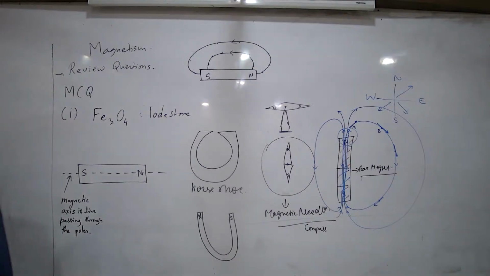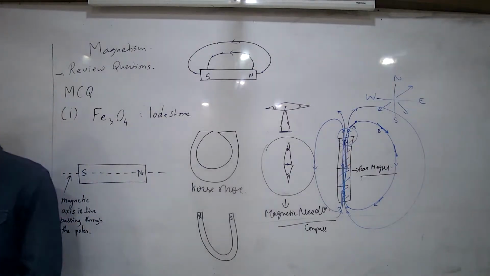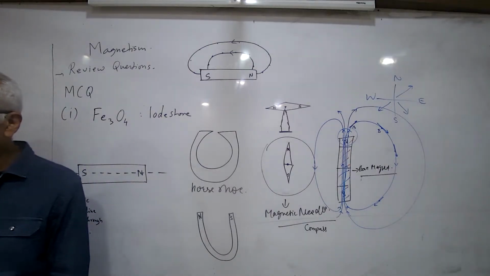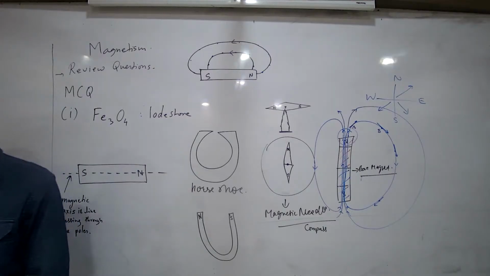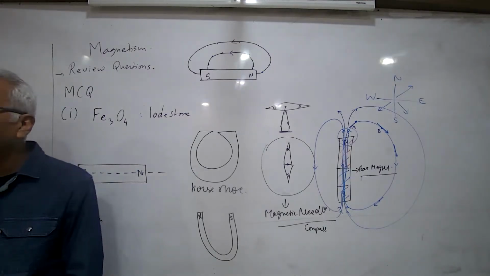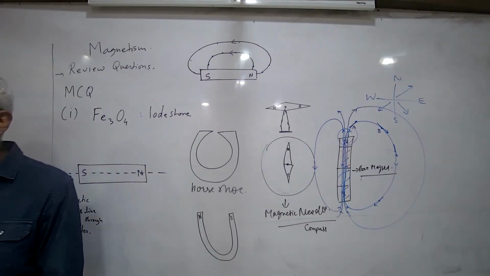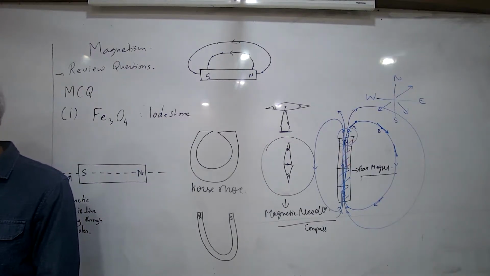Question 26. First part we have already answered. How is an electromagnet made? What are the number of rotations, turns? The rotations, right? Turns and the number of cells. By increasing the magnitude of current. You mean, yeah, cells only, right? You have to say by increasing the magnitude of current.